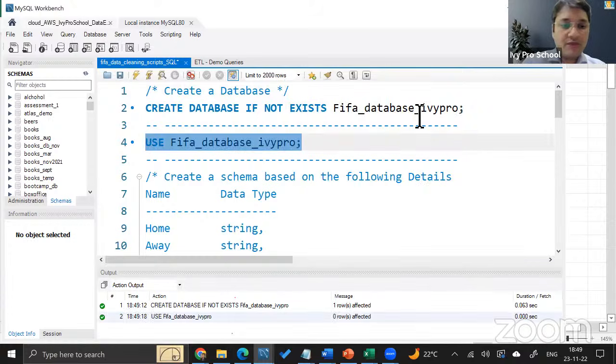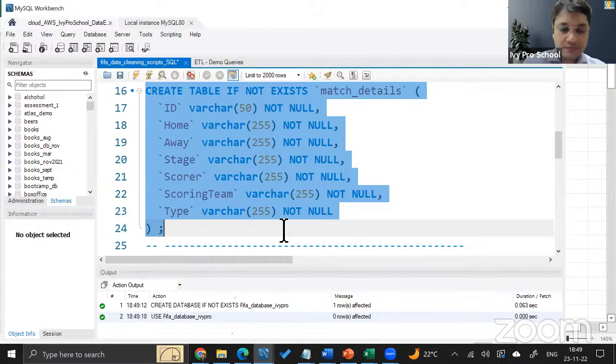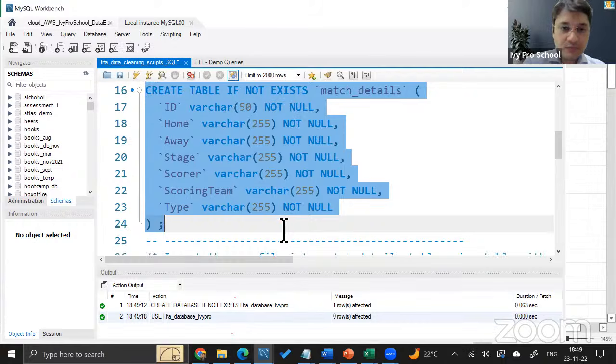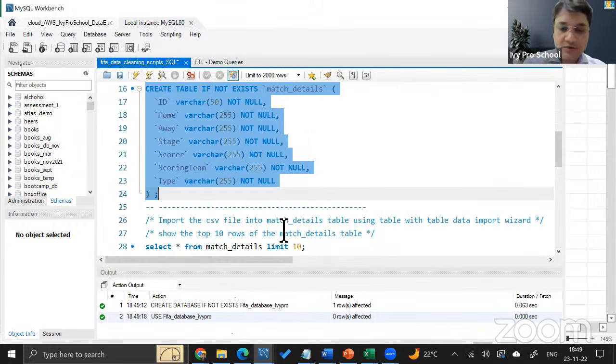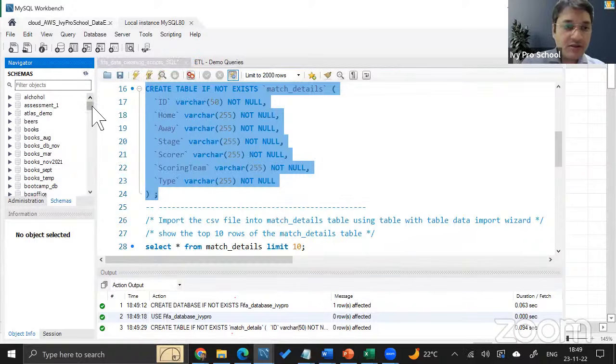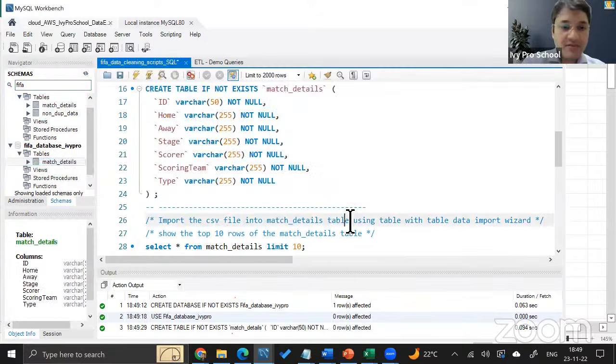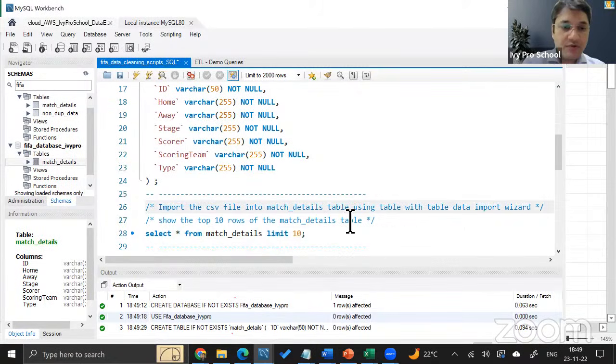So I'm going to make it default, and then I will create the table also. Okay. Then I will refresh it on this, and I will search so that I know this is the one that we're working with. Has the table created. Very good. And now we will use the import wizard that we were using earlier.